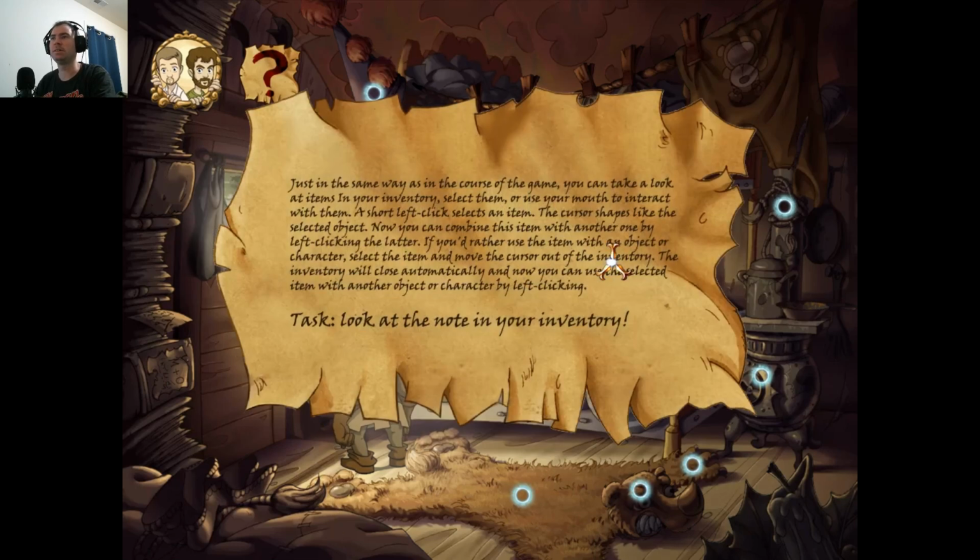Just in the same way as the inventory of the game, you can take a look at your items inventory, select them, use your mouse to interact with them. A short left click selects an item. The cursor shapes like the selected object. Now you can combine this item with another one by left clicking the latter. If you'd rather use the item with an object or character, select the item and move the cursor off the inventory. The inventory will close automatically and you can then...